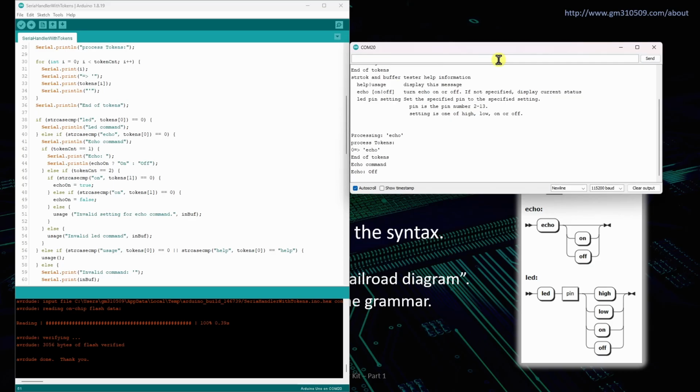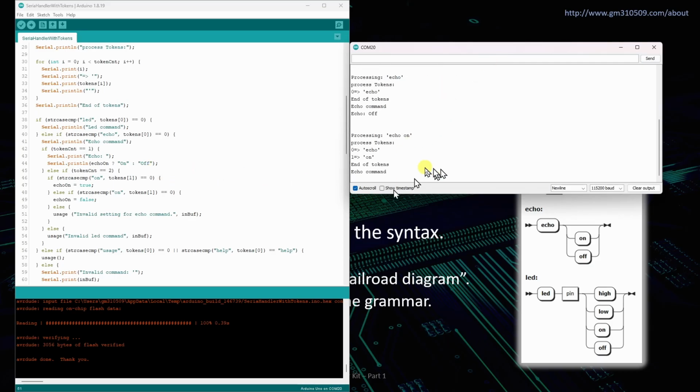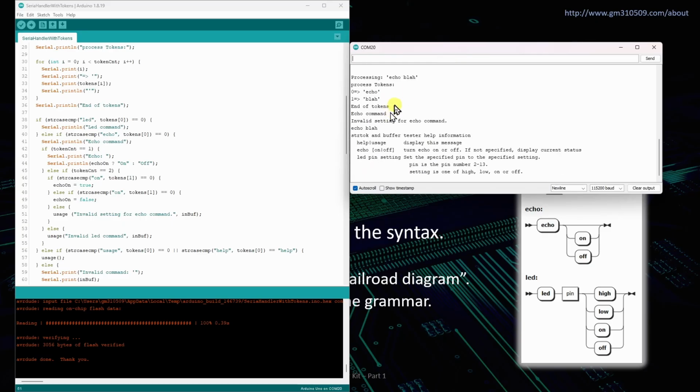Now I can turn echo on. Now we probably won't see much in the way of a response other than our debugging messages. We can see our two tokens, and so theoretically we would have skipped this because token count is 2. Would have come down to here. We should have matched this, and now we should see echo on. So what if I said echo blah, then